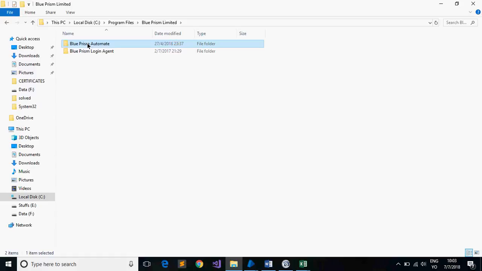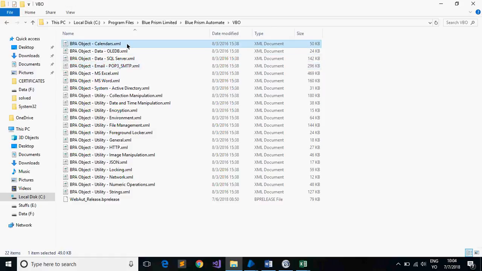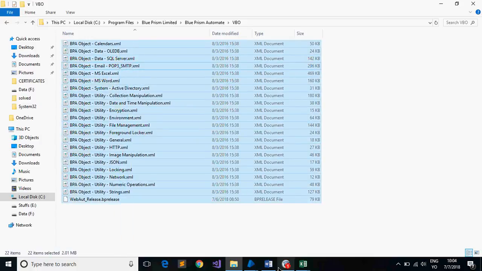So if you go to Blue Prism Limited and VBO here, calendars is for basic, any calendar operation. OLEDB is for Oracle database. SQL Server is to connect and get data from SQL Server. Okay, so most of these are